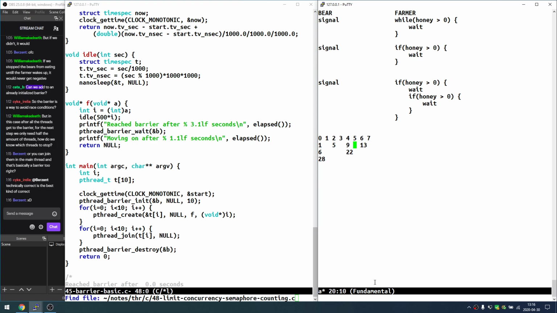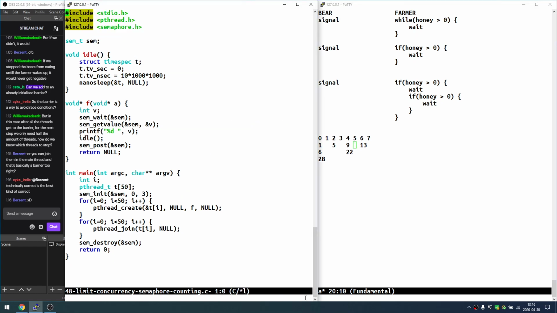Okay, guys, let's move on to semaphores. Now, semaphores are the last synchronization mechanism that we will talk about. And the way they work is they allow you to reduce concurrency, to reduce the crowd that can get into the critical section. While with a mutex you can say only one can enter the critical section, with a semaphore